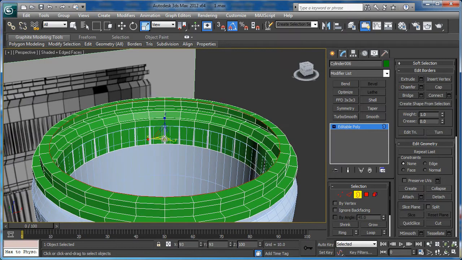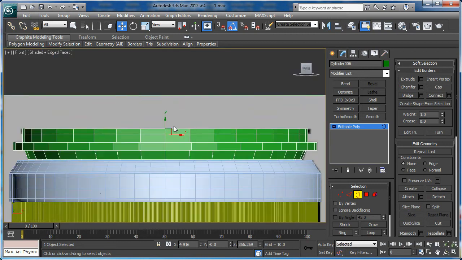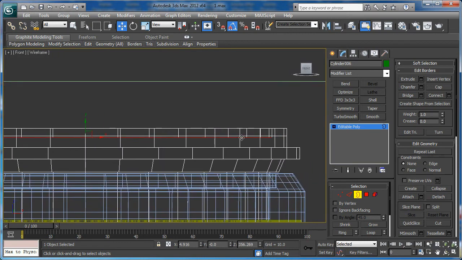Now let's scale it again and move it down. In front view we have to move this hole to the center of this line, so